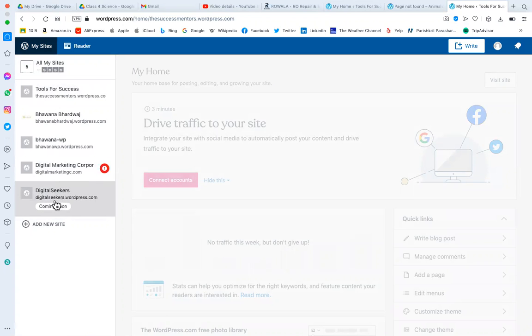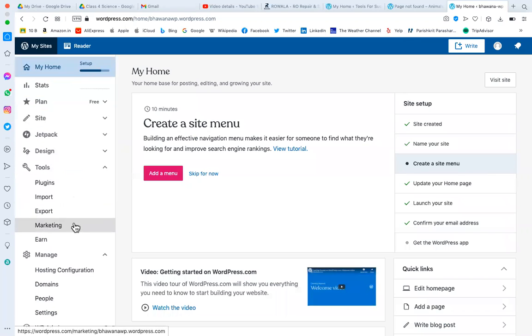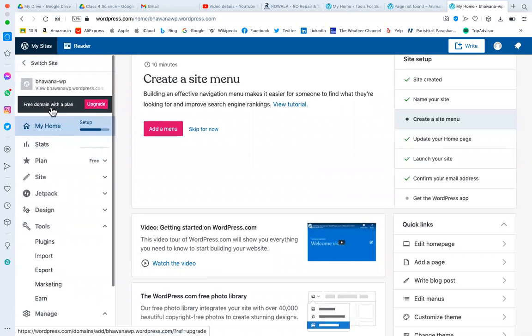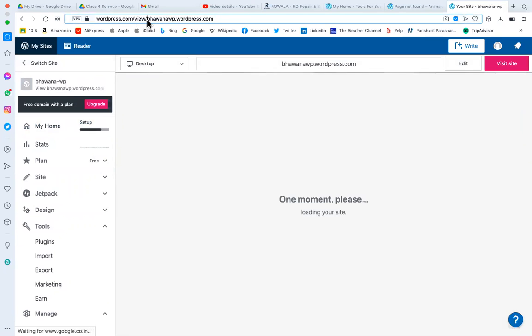Yesterday we created digitalseekers.wordpress.com. We would like to continue with that. We can select the website on which we want to work, or if you have created a website and want to delete it, you can delete it as well. For example, I want to delete this website, so I can simply go there and delete it.